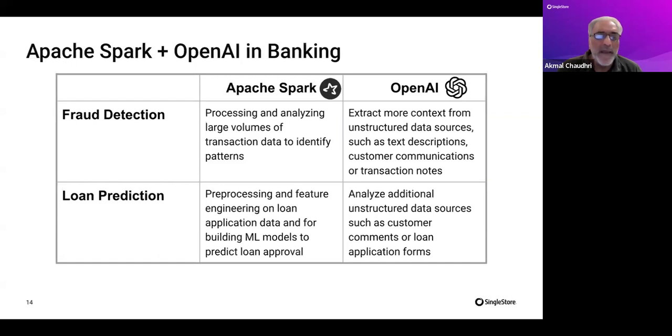And then loan prediction. Spark is very good at pre-processing and feature engineering on loan application data, and for building machine learning models to predict loan approval. I've actually demoed that not so long ago; we did a webinar on that a little while back. And OpenAI can really assist in analyzing additional unstructured sources such as customer comments, loan application forms, and so on. I read somewhere, and I think this was a response from ChatGPT,